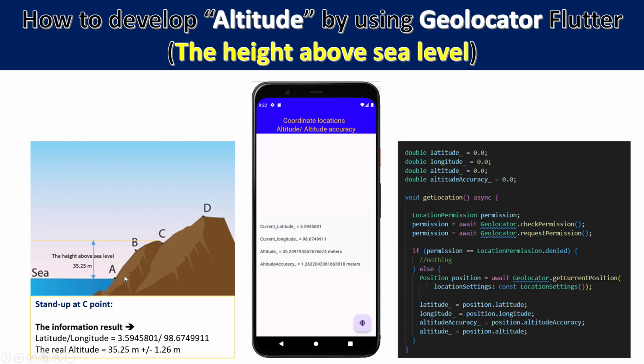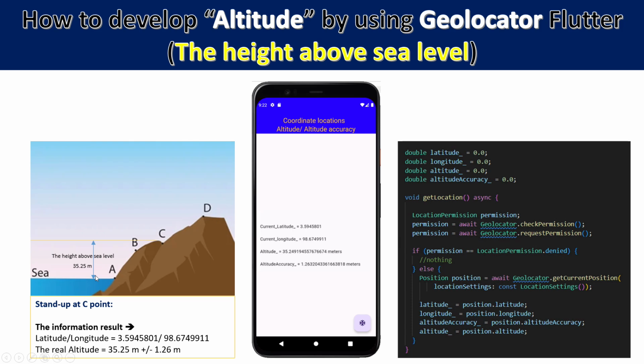Okay, in this case from C to A about 35.20 meters. If you develop this application and you go anywhere and run this application, you know how many meters you stand up from the sea level.